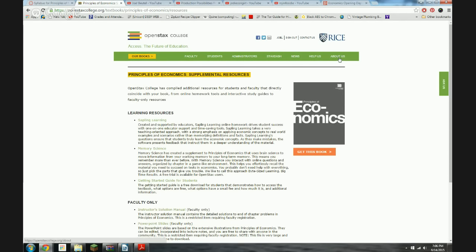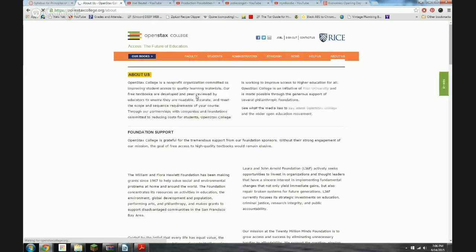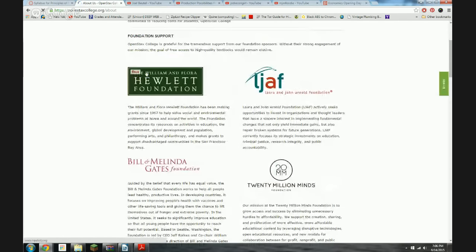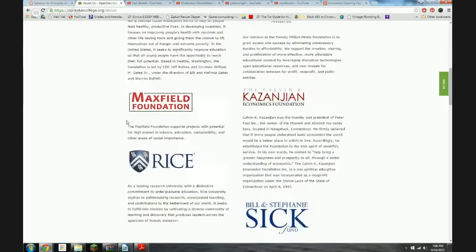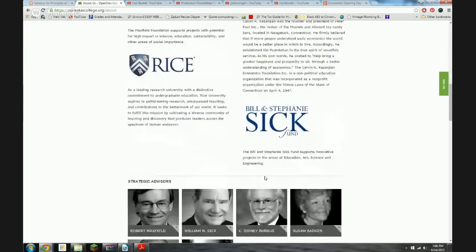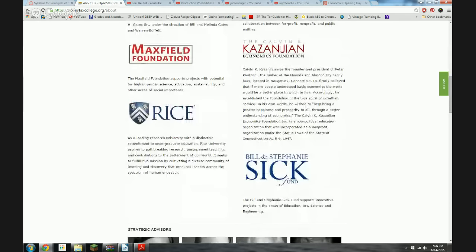Mainly because, let me show you where this textbook's coming from. They're getting support from the William and Flora Hewlett Foundation. In case you don't know who that is, it's the founders of HP, Hewlett Packard. So it's the Hewlett side of that. You're getting funding from the Bill and Melinda Gates Foundation. Last time I checked, pretty much the richest people on the face of the earth, as well as various other groups and foundations that are giving money to fund these textbooks. So these textbooks are free.